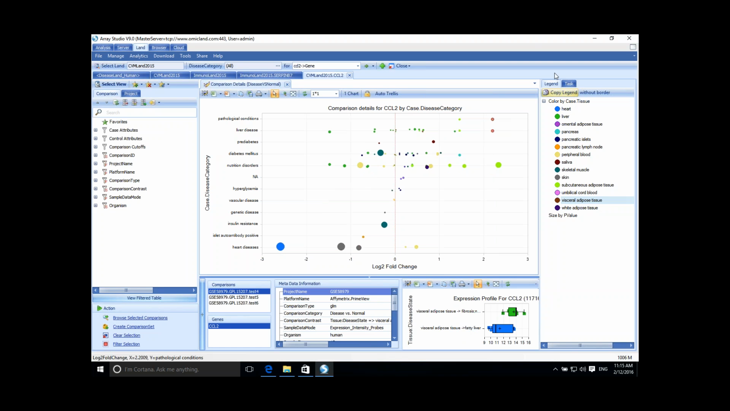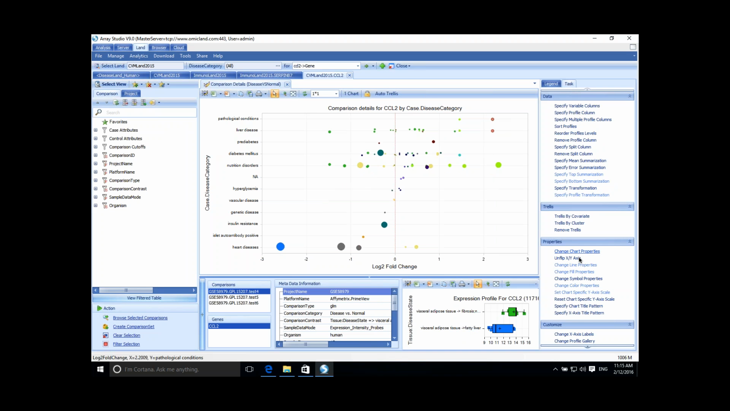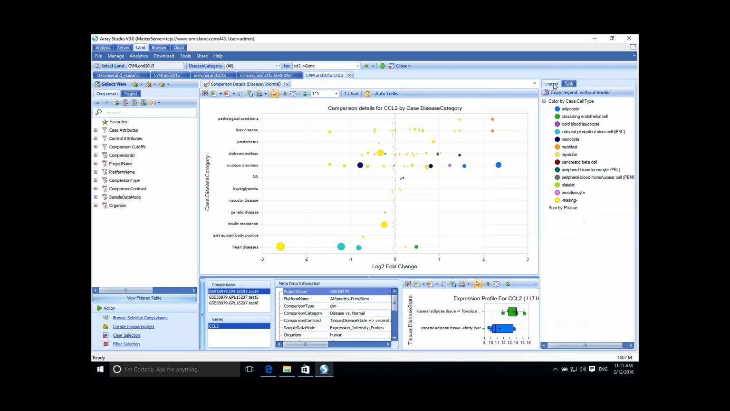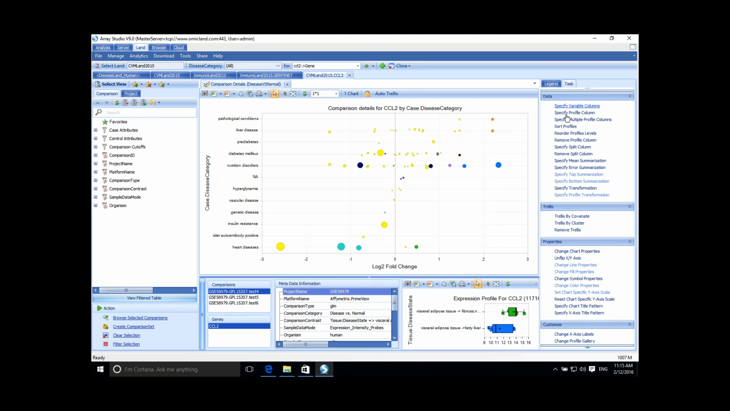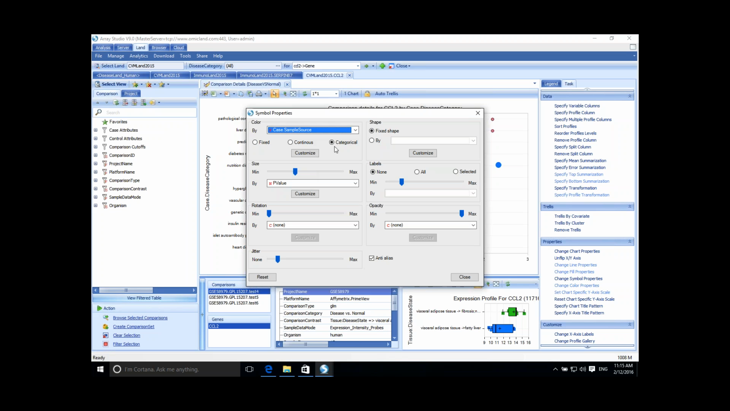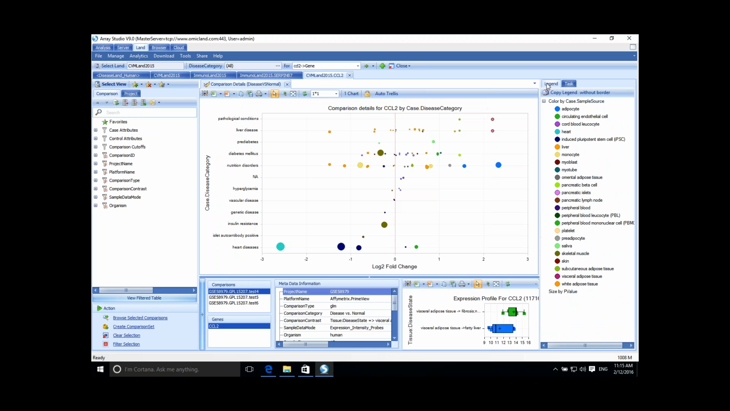You can actually change the coloring as well. For those of you who have never used our variable view, there is a change symbol properties option. And so if you wanted to color by cell type instead of the tissue, you can change that. And now you'll see individual cell types where available. Actually, the better column to color by there, if you wanted to change it, would be sample source. So it's a combination of cell type